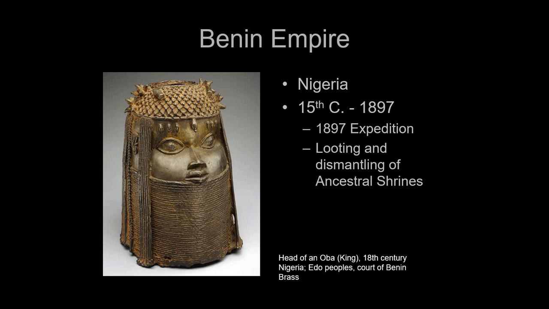We actually have letters between the various trading companies and operatives writing to the Bank of England saying, don't worry about the cost. These people are rich. They have ivory. They have bronze. They have gold. They have all kinds of wealth. We'll definitely recover the cost of the expedition. It's pure, nasty, exploitive imperialism of the highest order. And they came in and they essentially wiped out the kingdom. And they enslaved the Nigerians. There's no doubt about it.